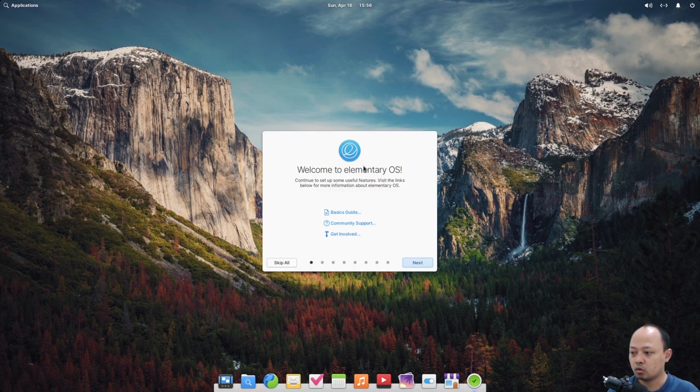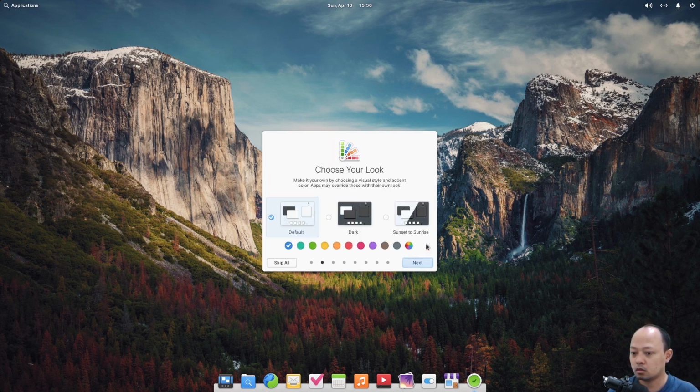Then after I'm on the desktop, there's something like a welcoming page. I will click Next. I think it's like a page that tells us about the features in this Elementary OS version. I can set up color from here. So excited.